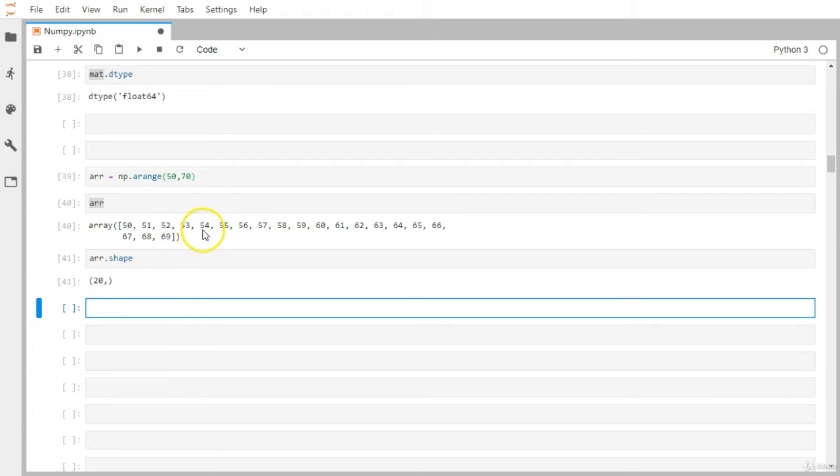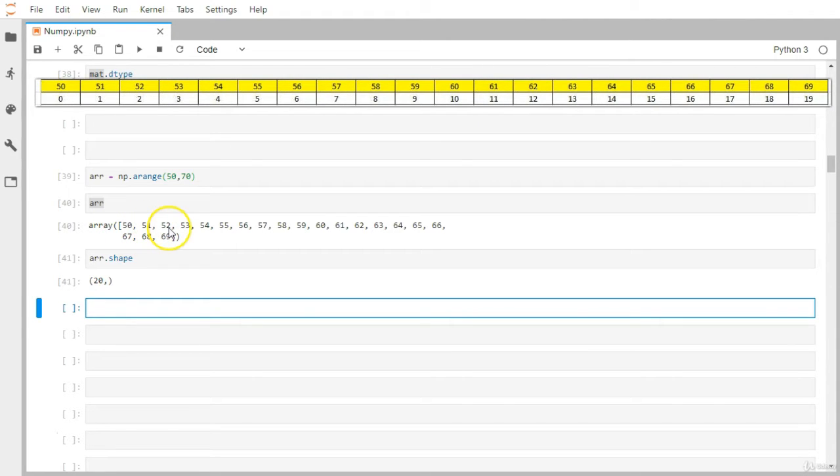So let's say you want to grab some particular element of this array, so let's talk about 54. Indexing is nothing but every single number referencing some value in this particular array. So indexing, you can say, is like a memory address. So 0 is pointing to 50, 1 is pointing to 51, 2 is pointing to 52. Same way 9 is pointing to 59, 10 is pointing to 60, 11 is pointing to 61. Same way, at the end, 19 will be pointing to 69.